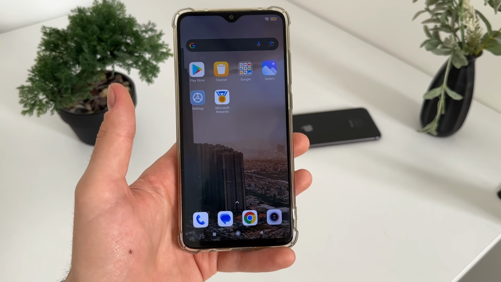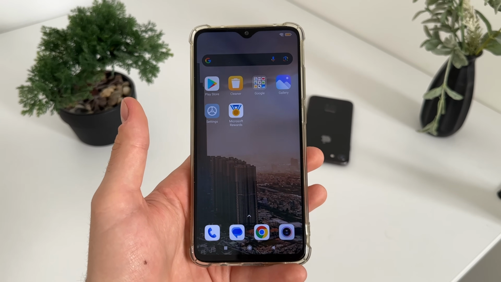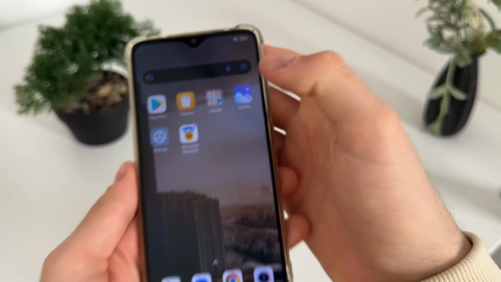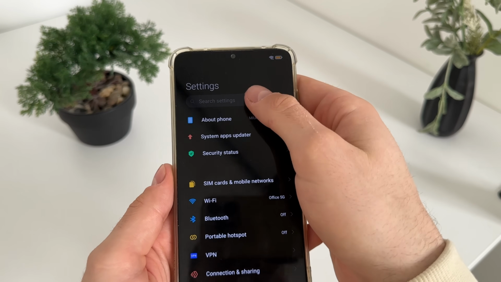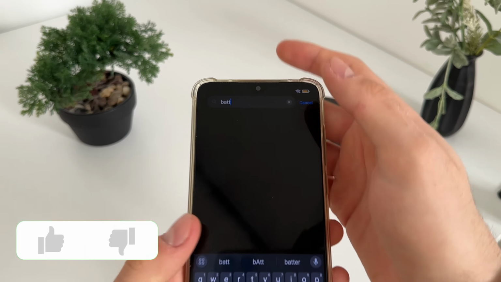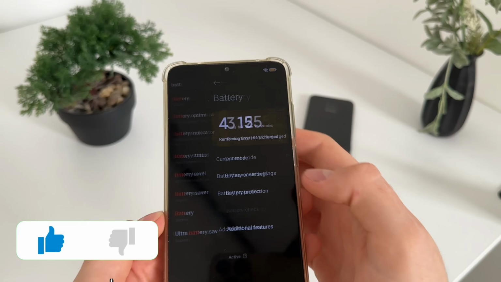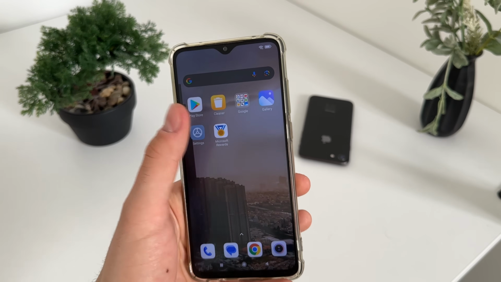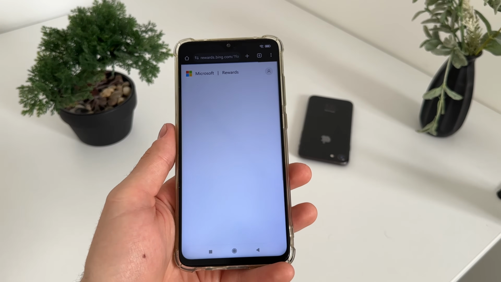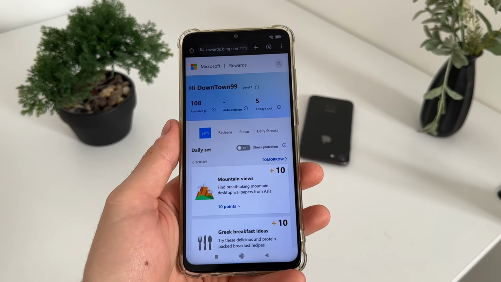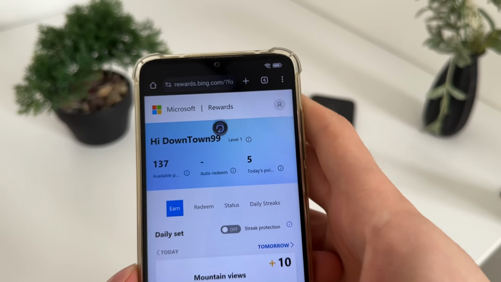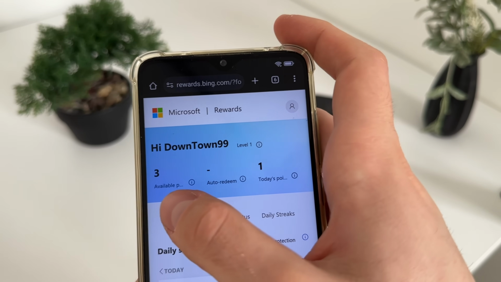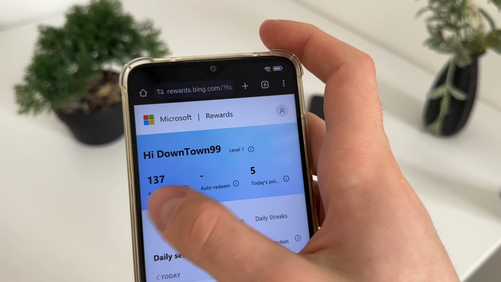So guys, before we begin with this tutorial, we just want to make sure that our low power battery mode is off. So let's go to settings and let's search for a battery, and then we will turn off our battery saver, and then we will go to our Microsoft Rewards. And guys, we will see how many points we currently have. As you can see, we have this amount of points,